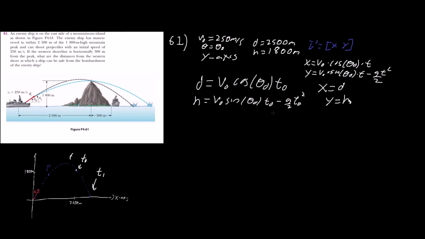Now, I am not going to do the mathematics for you guys, but I'm going to give you the end result. What you want is to solve for t naught. So you're going to say that t naught is going to be d divided by v cosine of theta, and you want to plug it in here. And in the end, you're going to have the